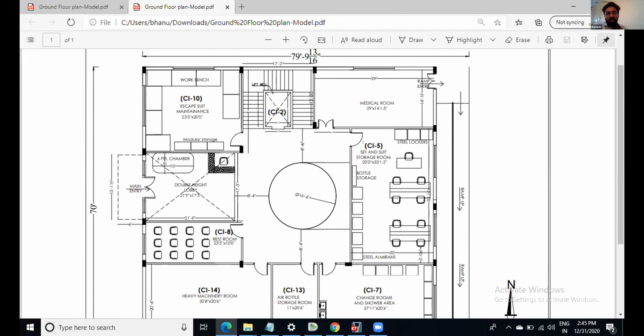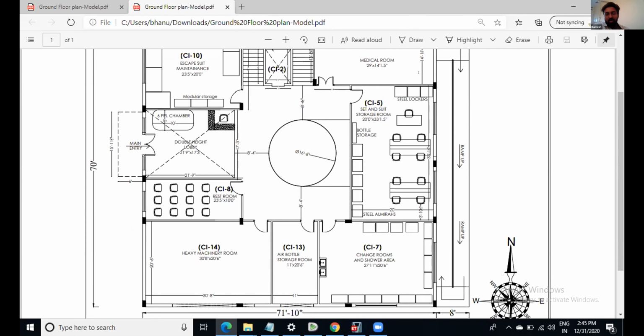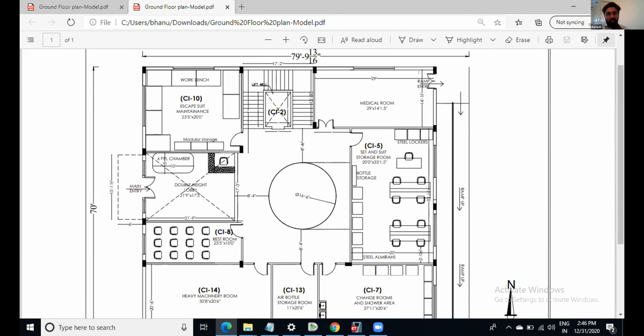Okay. Now you have this plan. In this plan, where do you get the walls? Now you have to identify where the walls are. So I can see right round there are walls. There are two types of wall. One is the thick wall and one is the thin wall. The outer wall is a thick wall. Maybe it will be having a thickness of 6 to 7 inches. So let us take it as 6 inches.